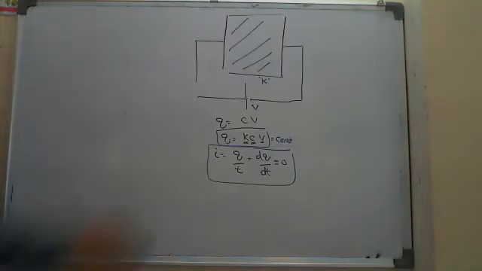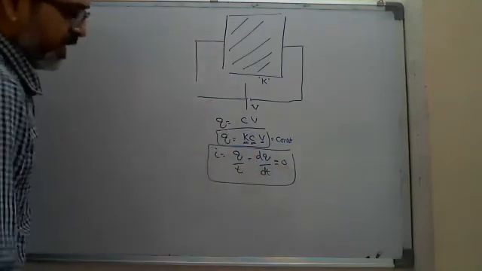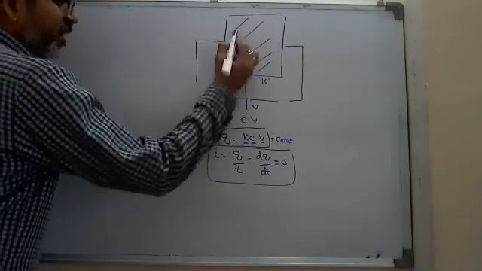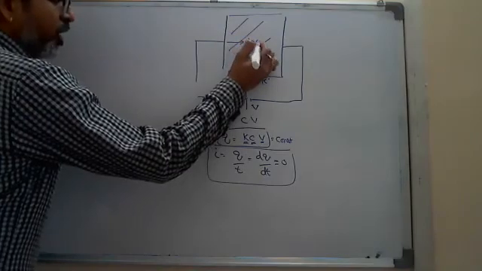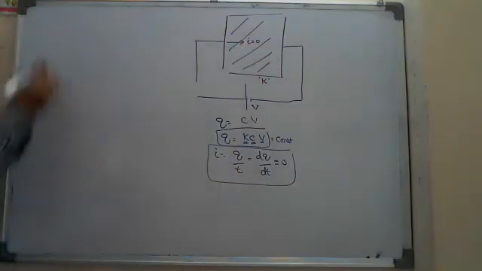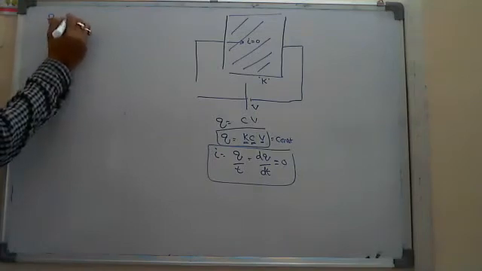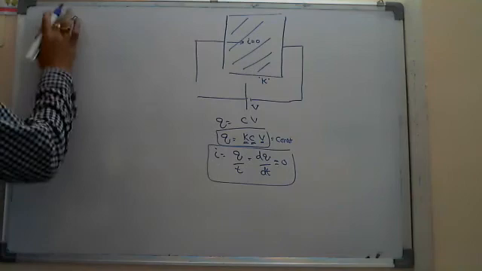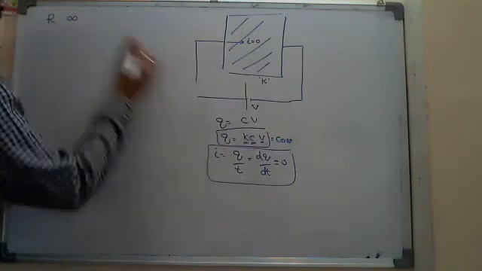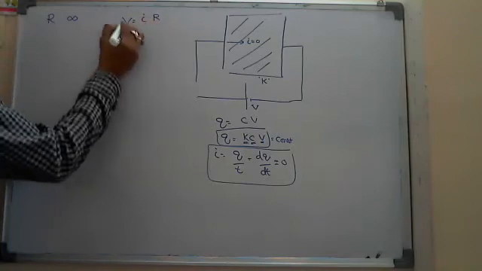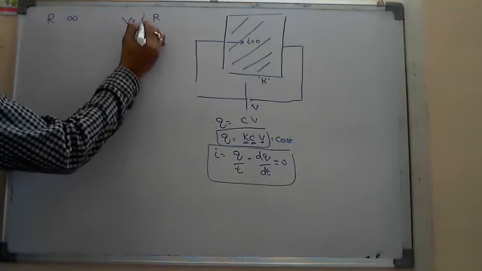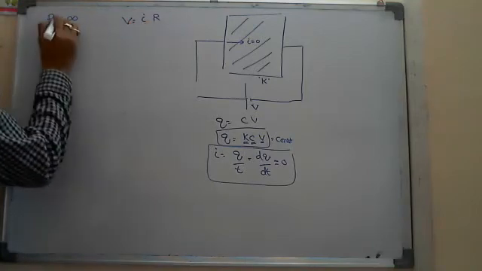Here, what is the current? From this concept, you said I equals 0 through one material. No current is passing through the dielectric. If you agree, then I say its resistance you have to assume to be infinite. What will be the resistance of a dielectric? Since I equals 0, even though some finite potential difference is applied, according to Ohm's law, you are getting I equals 0, so R should be infinity.